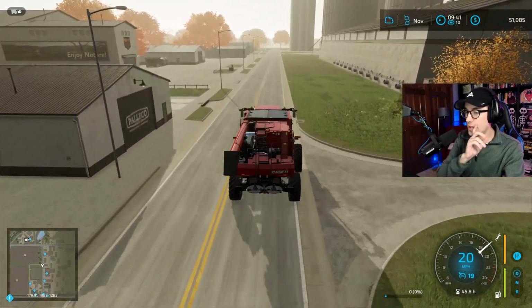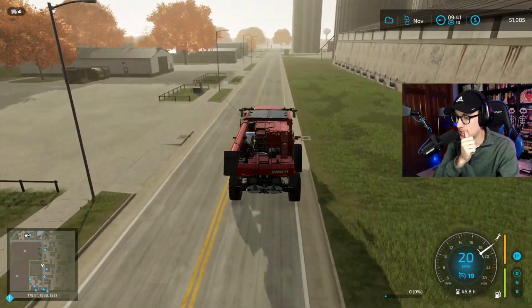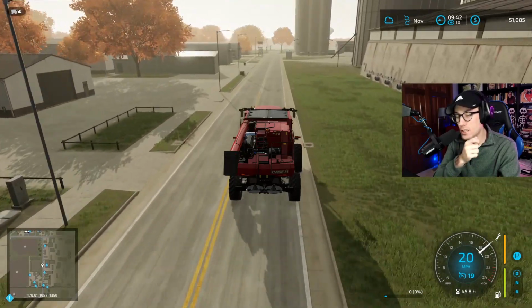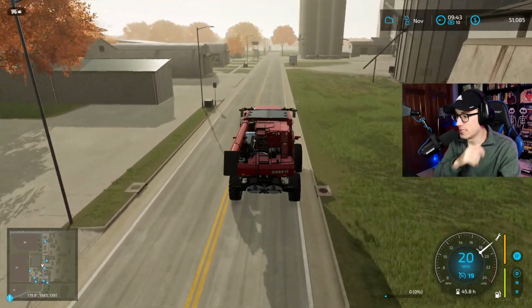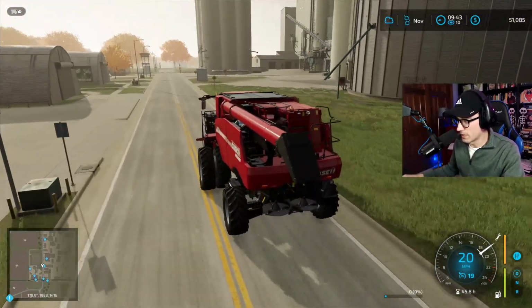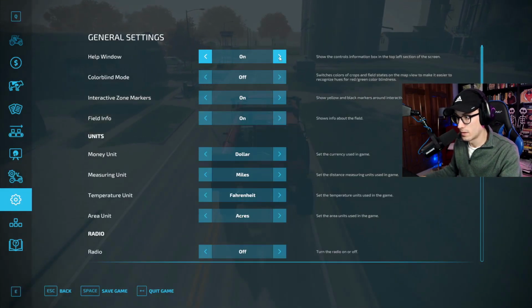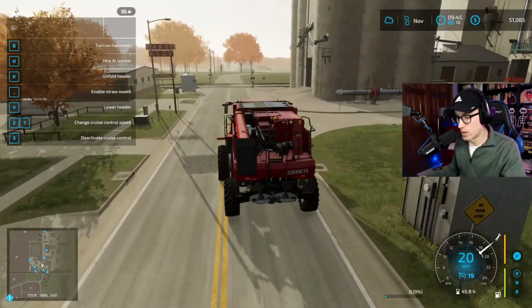Okay, so we're gonna get started harvesting, and then we'll go get the trailer. One of the things I like about this kind of job is using different equipment. It's just half the fun, I feel like. I'm going to turn the Help window on for a second with this thing. We have unfold header on X, enable straw swath,